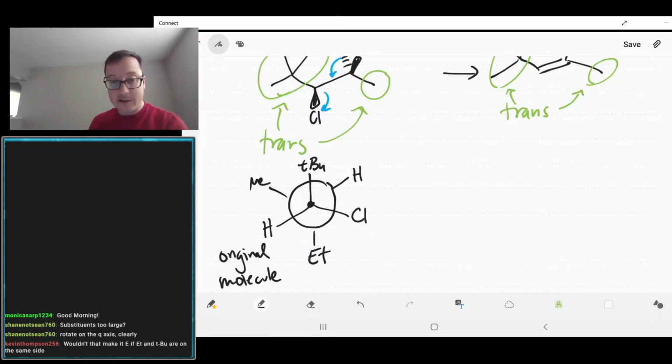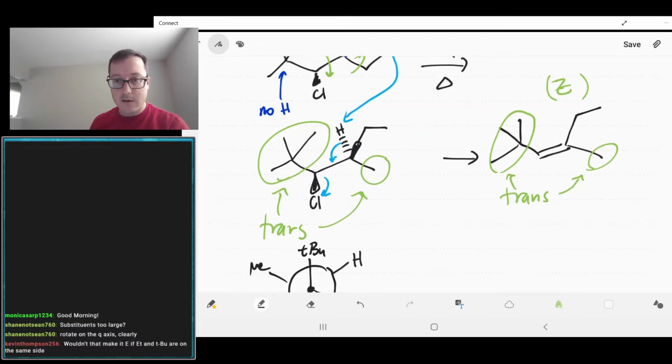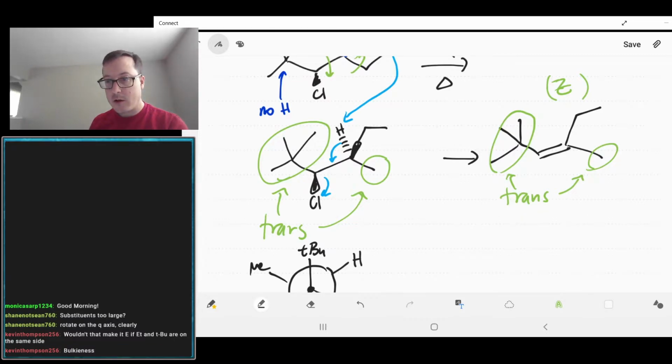And so if we need that chlorine to go bye-bye... Zusammen is the one when they're on the same side. Entgegen is the opposite one. E-alkenes have our biggest things trans to each other. We don't really care about bulkiness. We talk about priority, right? So if we assign priority,